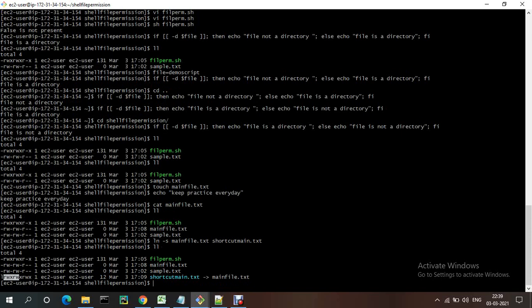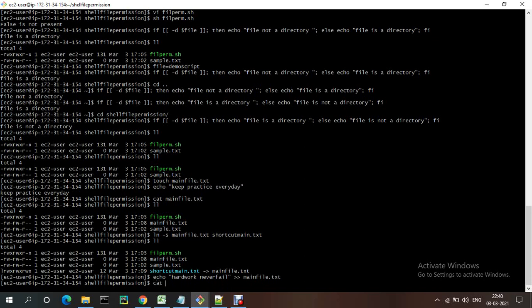Okay, now whatever data you insert in the main file will be automatically updated in the shortcut. Hard work never fail. If you do it like this, it will override the previous line, and then it will be inserted as the new line. To append to the file, we need to give double ampersand, and then give the file name.